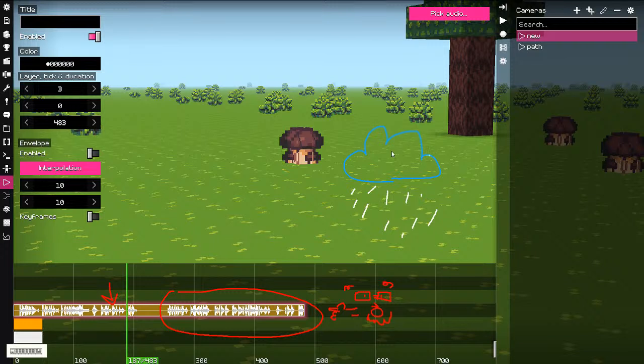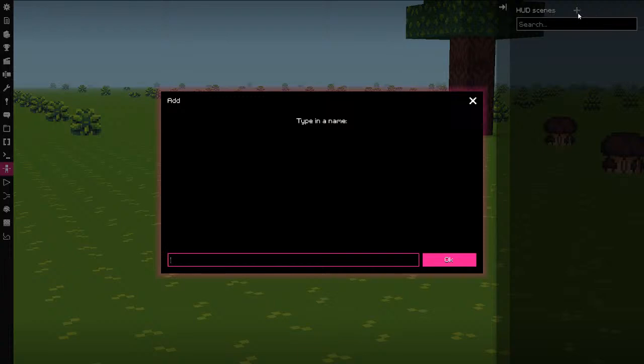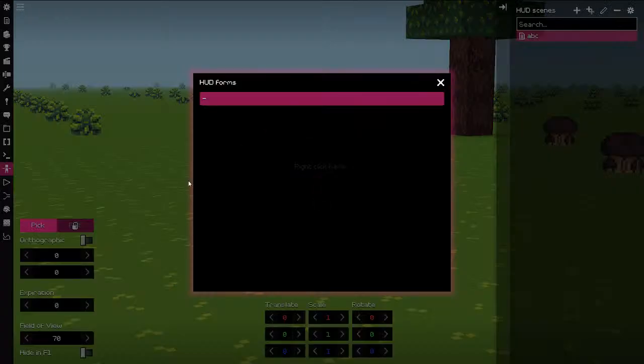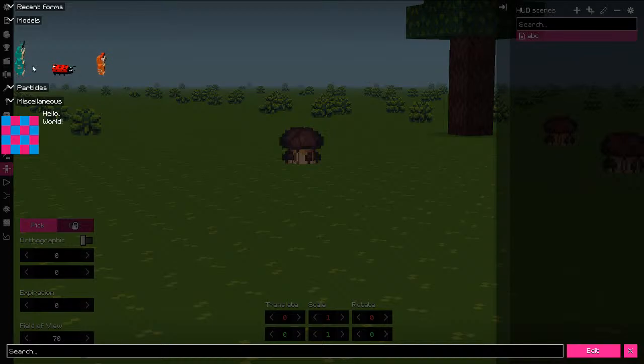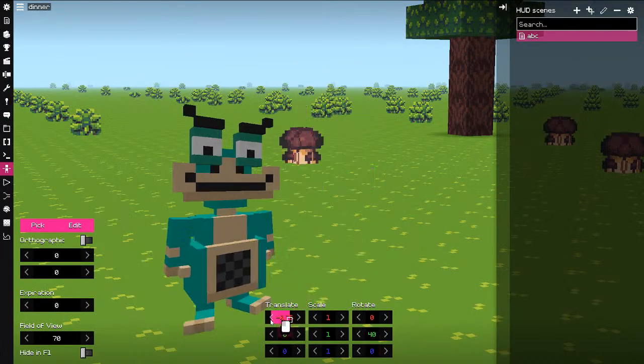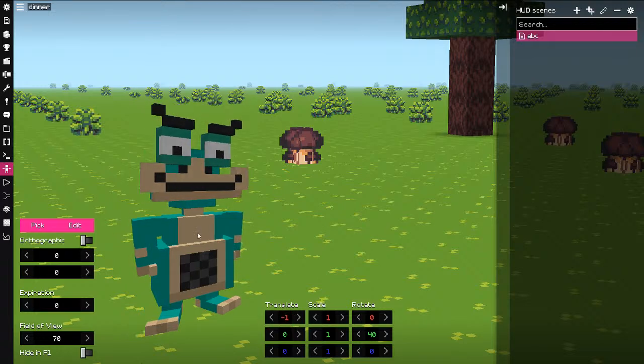So yeah, this is cloud with rain, and it's raining. And I can remove. So there's the HUD scenes which are kind of useless, but you can add more in the HUD, so like this. I think there was like there is a trigger, I think, or maybe